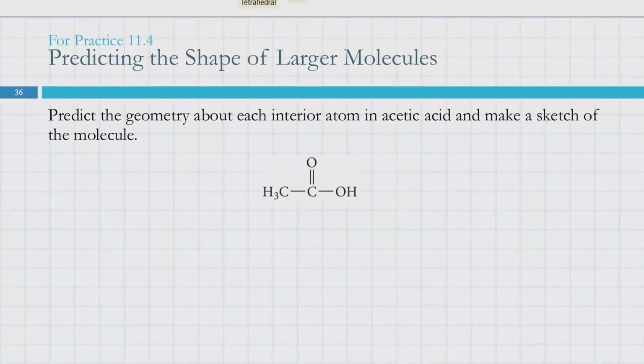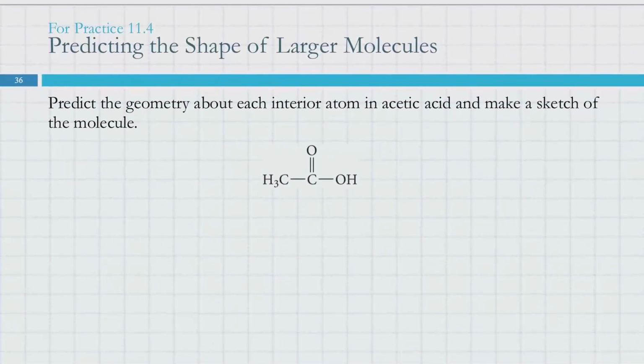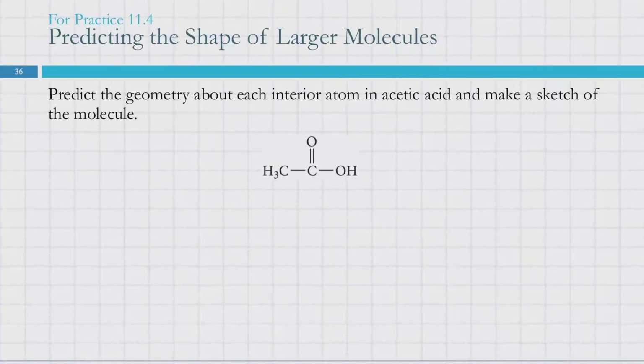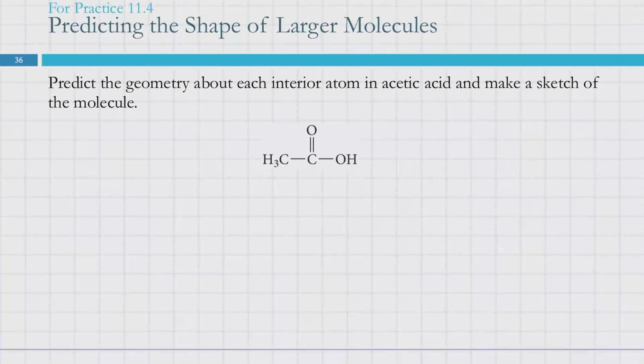We could also do that for something like this. So predict the geometry around each interior atom in acetic acid and make a sketch of the molecule. To start with something like this, we can look at how many things are bonded to each of them. So our carbon, this left carbon,